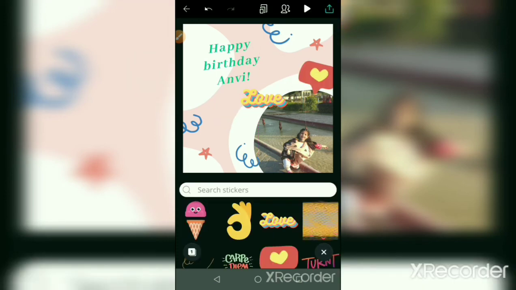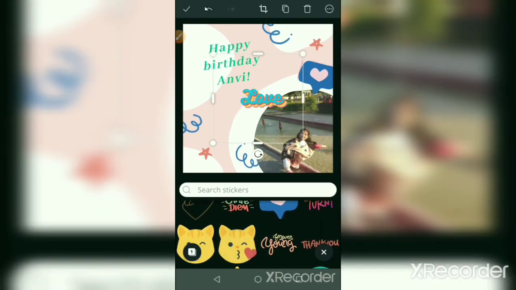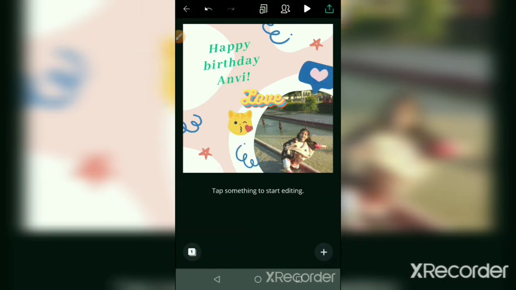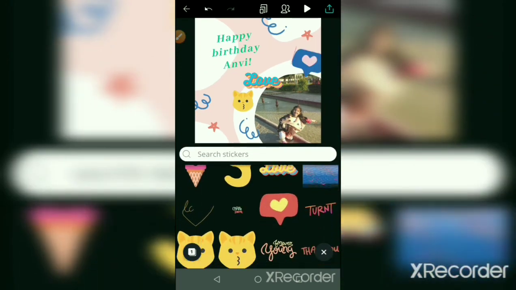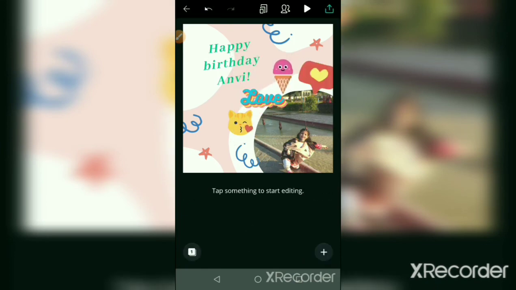Next sticker, I just put here. Next sticker, if you want to put like ice cream, just put here. You can change according to your need. Whatever you want to change, you can select and edit.